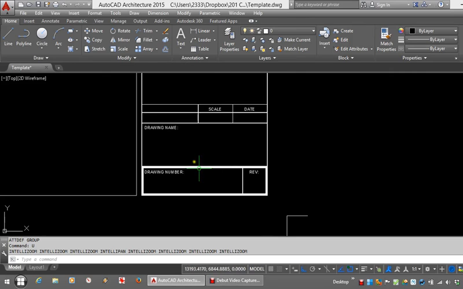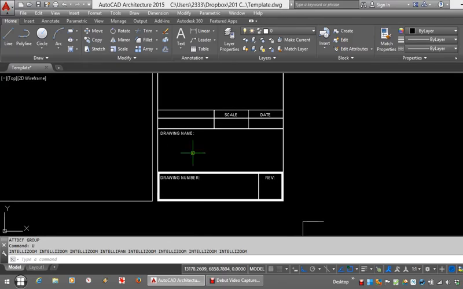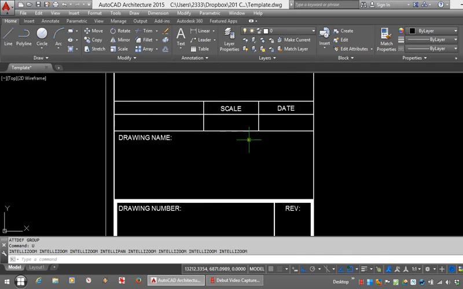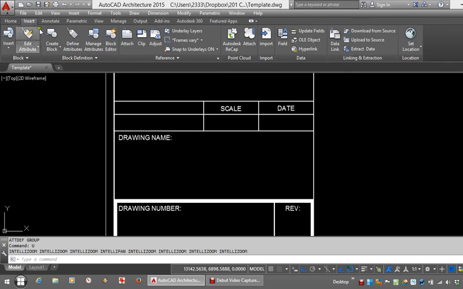And I've drawn a very simple little title panel here that has fields for the scale, the date, drawing name, drawing number, and revision. The text you see here is just regular text. What I'm going to do is place attributes inside these little boxes, and those will be editable once the block is placed in Paperspace. To begin here, I'm going to go to the Insert tab on the ribbon and go